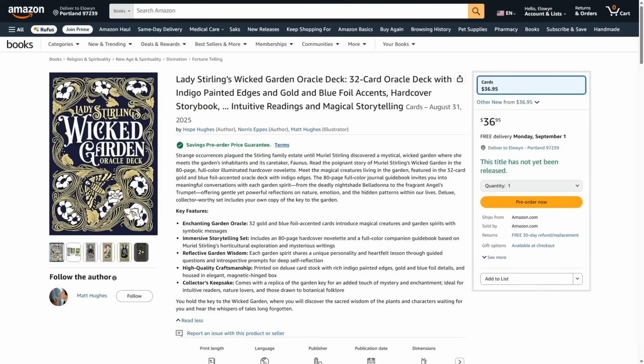Strange occurrences plagued the Sterling family estate until Muriel Sterling discovered a mystical wicked garden where she meets the garden inhabitants and its caretaker, Faunus. Read the poignant story of Muriel's Wicked Garden in the 80-page full-color illuminated hardcover novelet. Meet the magical creatures living in the garden, featured in the 32 gold and blue foil accented oracle deck with